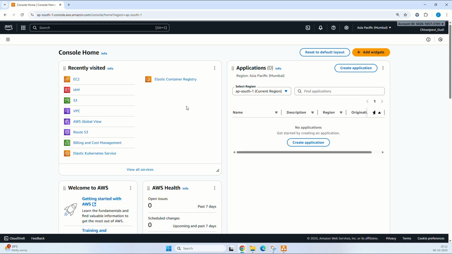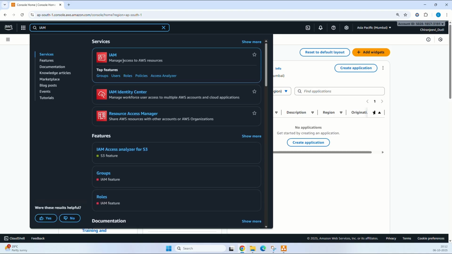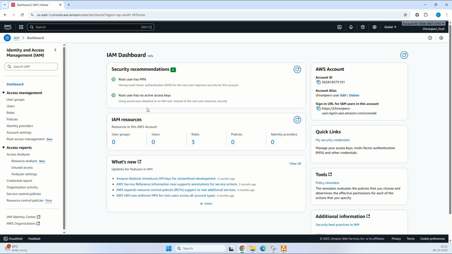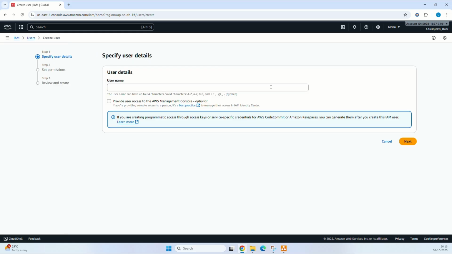This is my AWS console. Currently I am going to the IAM service. Click on IAM. We don't have any users as of now. So go to the users section. Click on create user. I'll be giving the name as dev-user1. Click on provide user access to the AWS management console